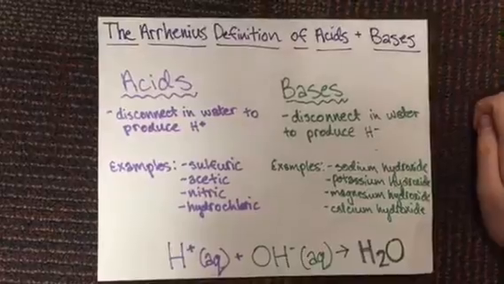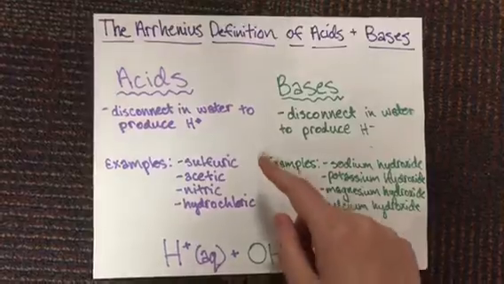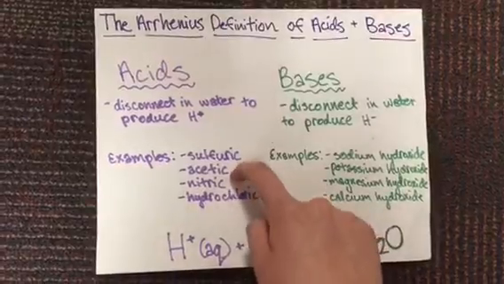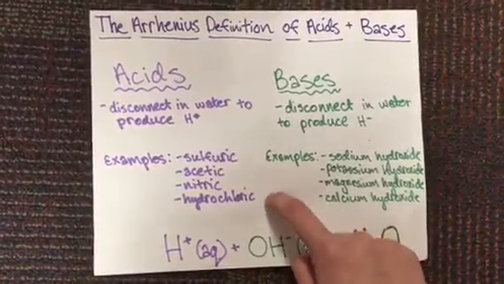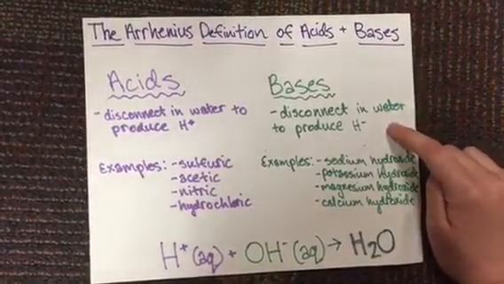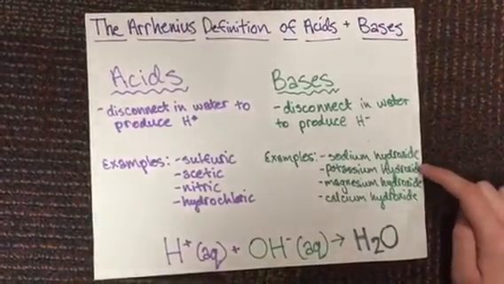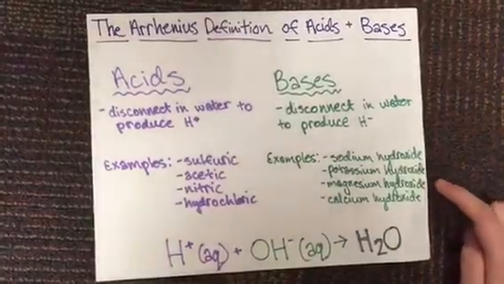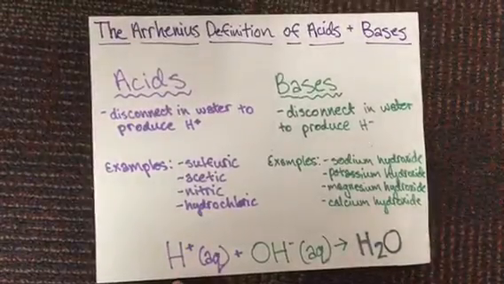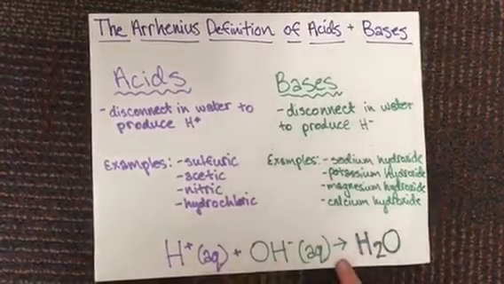The Arrhenius definition of acids and bases. Acids dissociate in water to produce hydrogen ions. And examples of this are sulfuric acid, acetic acid, nitric acid, and hydrochloric acid. Bases dissociate in water to produce hydroxide ions. And examples of this are sodium hydroxide, potassium hydroxide, magnesium hydroxide, and calcium hydroxide. You know that acids and bases neutralize each other by the formula H+ + OH- = H2O, which is